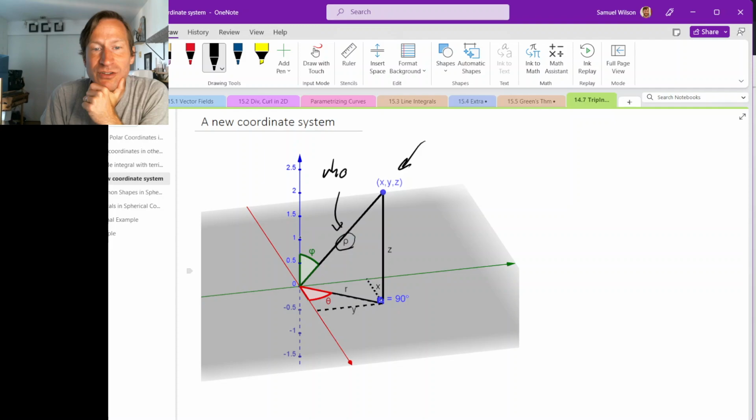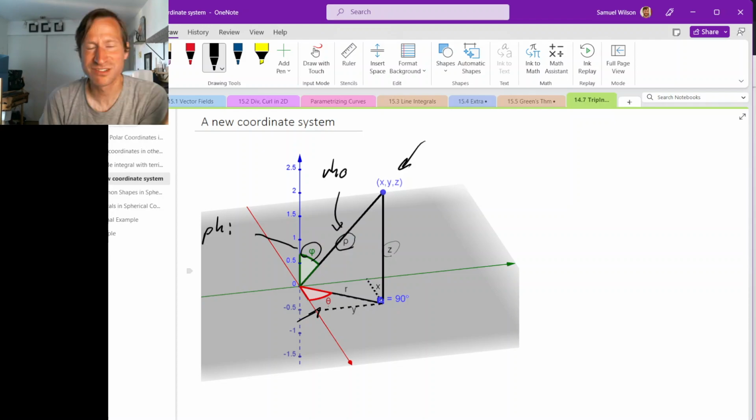Notice that in the xy plane, we're actually just using polar coordinates because we have this distance r and an angle theta, but the difference now is that we aren't going to use the coordinate z. Right? If we used r, theta, and z, that would just be cylindrical coordinates. Instead, we want to use rho. So what we need to do is write x, y, and z in terms of rho. And let's start by writing r in terms of